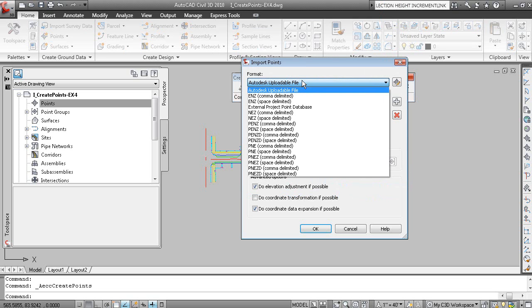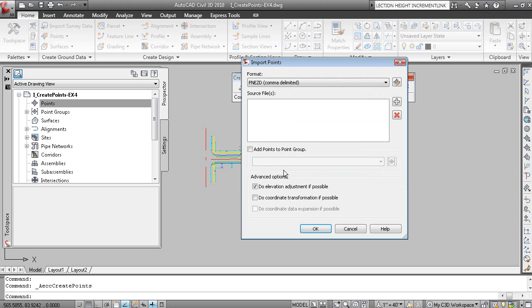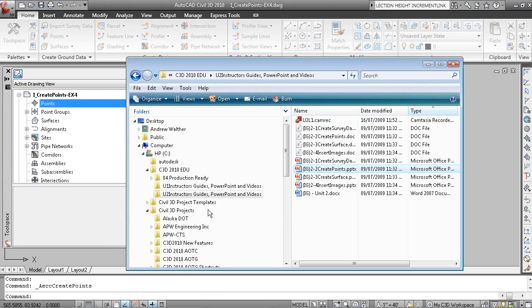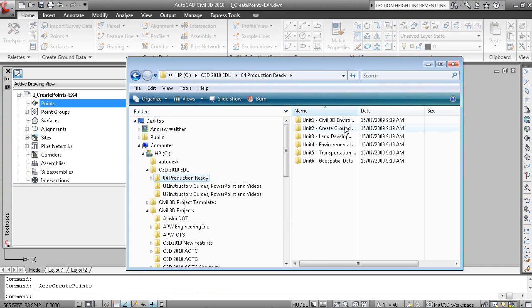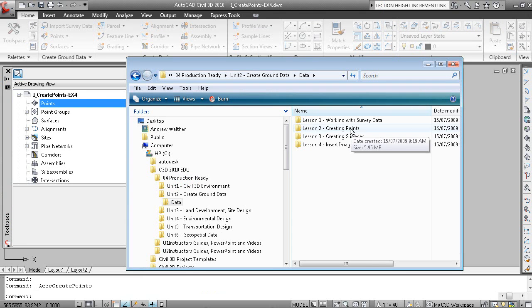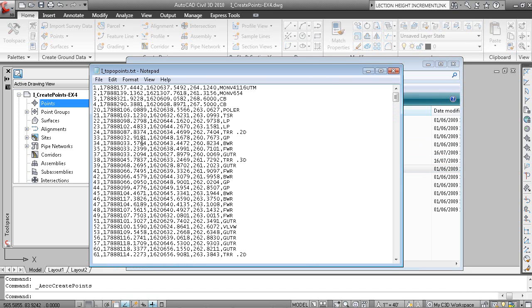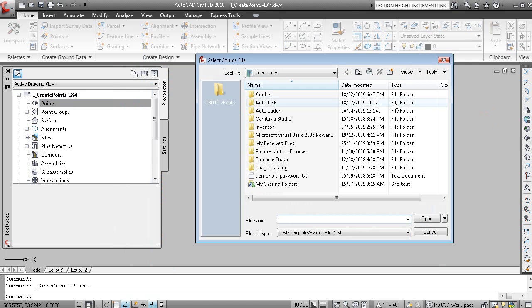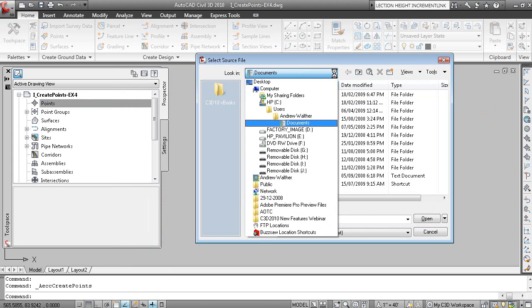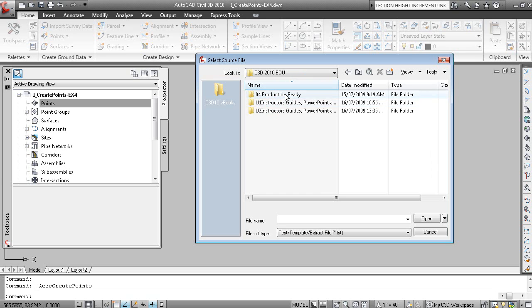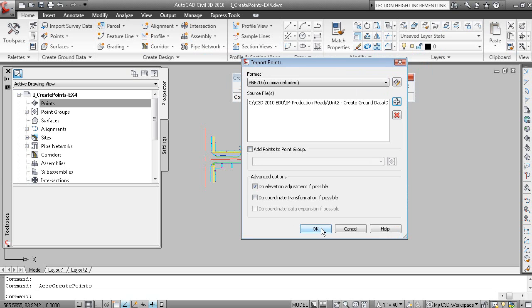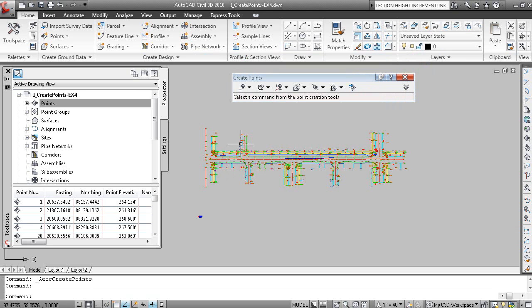The format is a PNEZD comma delimited file. Just so we can have a quick look at that file format, I'm going to go to my working folder here for Create Ground Data, and then under the Data folder, Creating Points, we have a topo file here, which is a text file. And there's the point number, northing, easting, elevation, description, comma delimited. And we can now go access that file, and we'll go back to C drive and into the working folder, and we'll just bring in the topo points. We can add those to a point group if we like right now. Click OK, and those points are now inserted into the drawing,